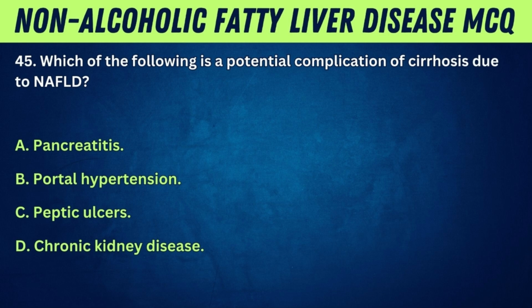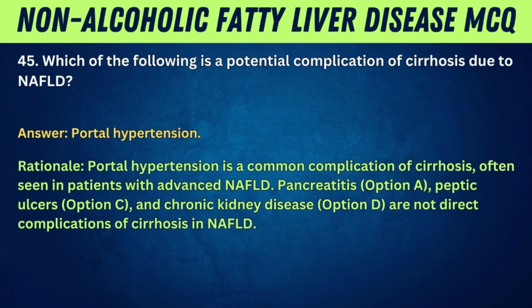45. Which of the following is a potential complication of cirrhosis due to NAFLD? A. Pancreatitis. B. Portal hypertension. C. Peptic ulcers. D. Chronic kidney disease. Answer: portal hypertension. Rationale: portal hypertension is a common complication of cirrhosis, often seen in patients with advanced NAFLD. Pancreatitis, option A, peptic ulcers, option C, and chronic kidney disease, option D, are not direct complications of cirrhosis in